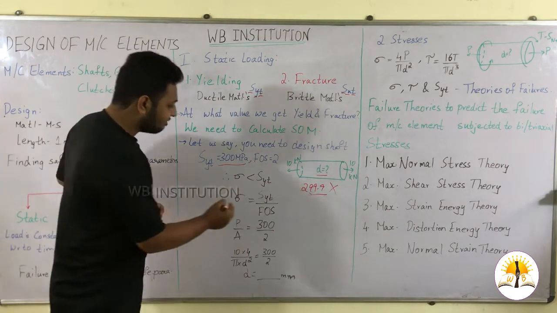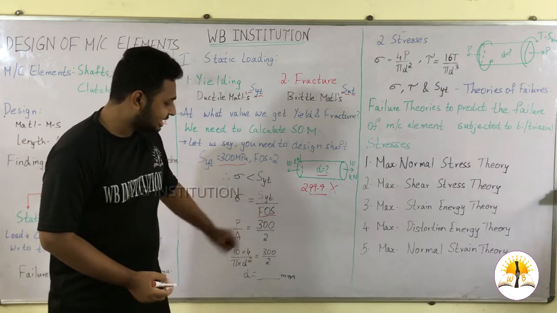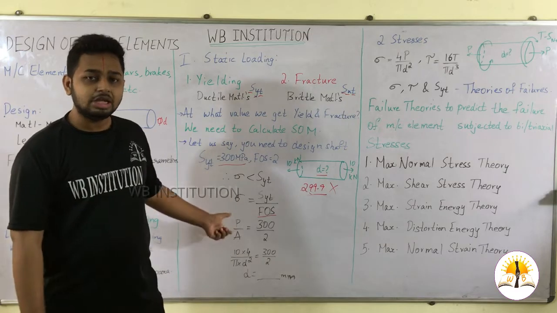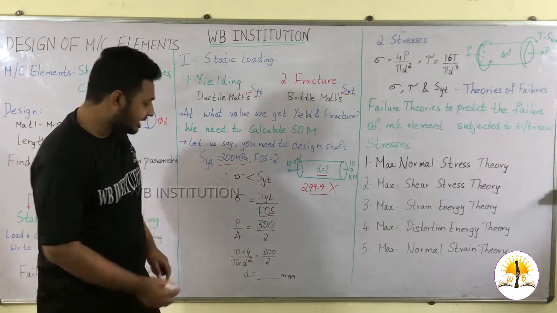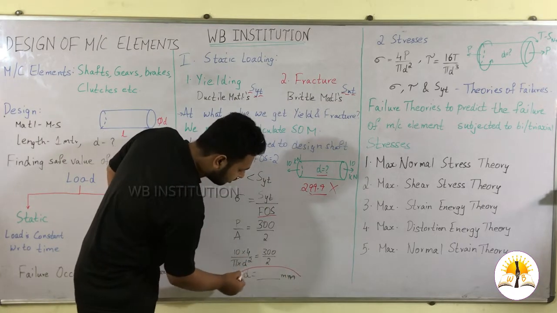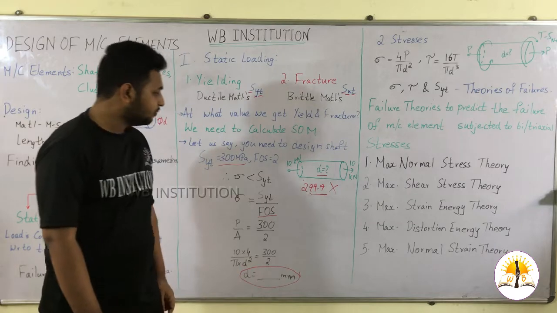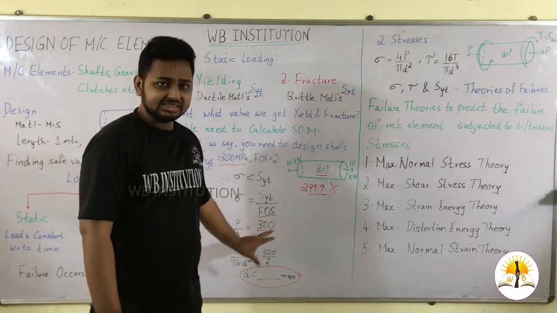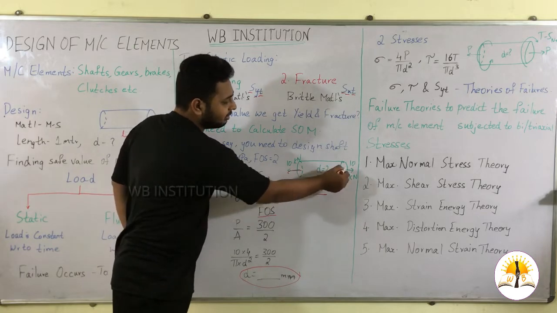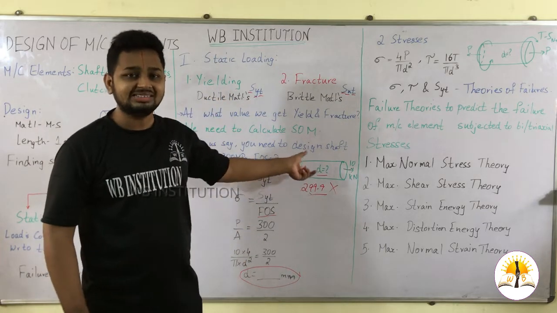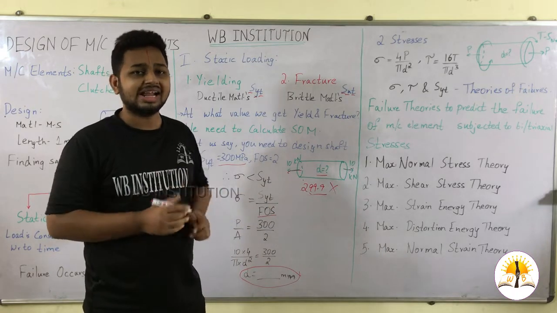For that we divide by the factor of safety. The yield strength is divided by the factor of safety. Then if we calculate the diameter based on this relation, we get the safe value for this particular shaft, so the safest diameter. In this case, the load is applied only in one direction, that is uniaxial loading. Now what about biaxial loading and what about triaxial loading?